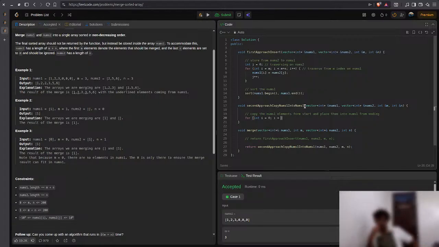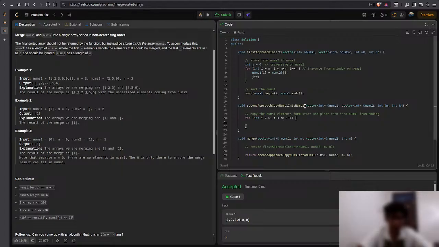If I'm writing this correctly, i plus plus, and no, like, if we have only this much array, and if I copy this 1 to this, okay, 0, then 2 to this 3 place, then we lose the 3 element at the second index. So I don't